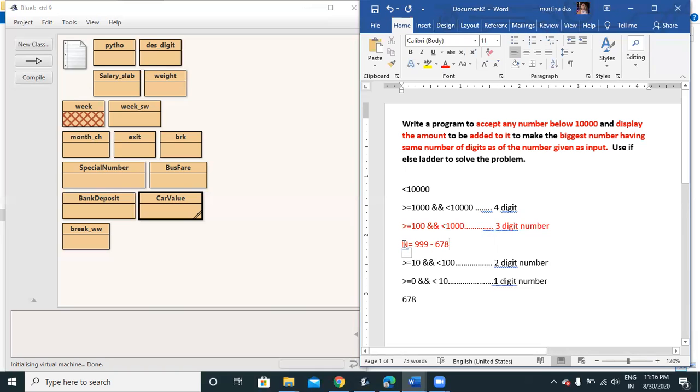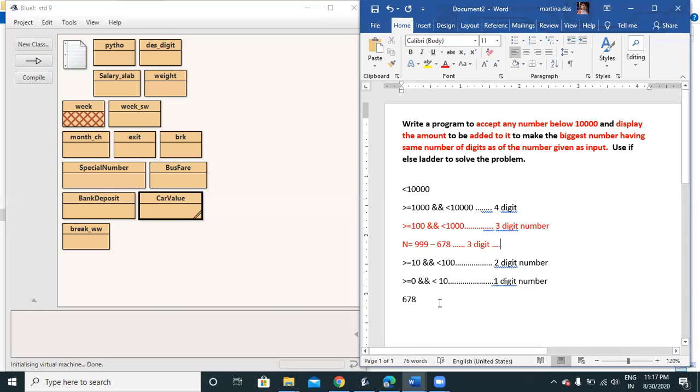So the number that has to be added to 678 to form the biggest number having the same number of digits: 678 has how many digits? It has 3 digits, and the greatest 3-digit number is what? It is 999. That is why I find the difference of 999 and 678. So when that number is added, I will get the highest number, that is 999.